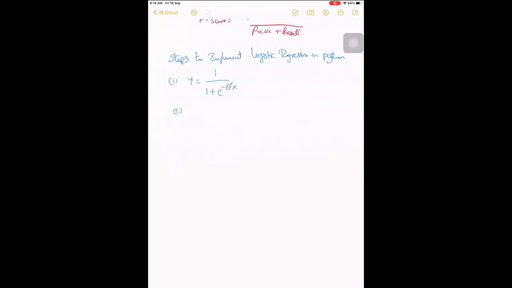Next step is we have to implement the loss function. So what is the loss function which we have? It's this bigger one, right? Okay, where is it? Is this one, right? Y actual log this. So let's write that part.